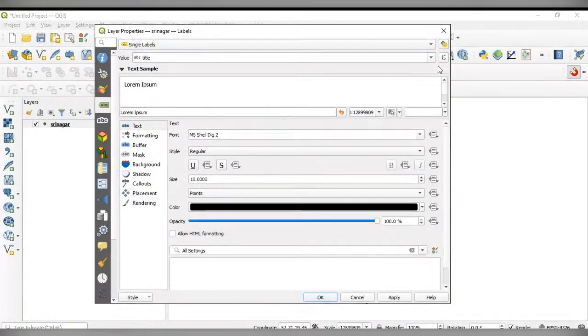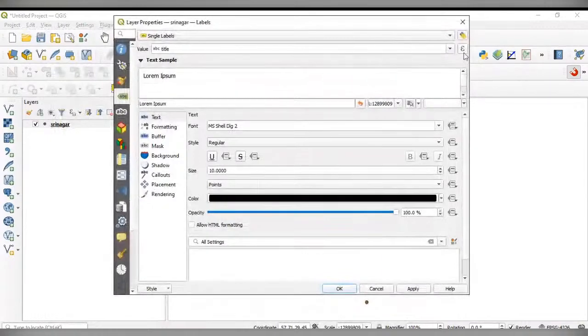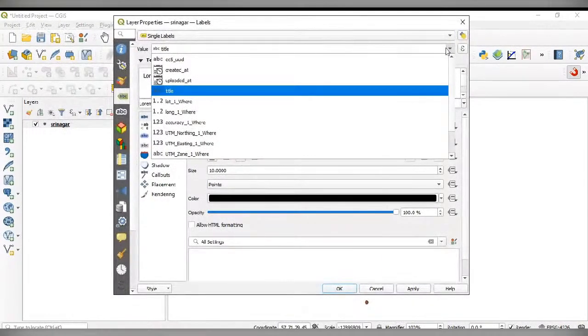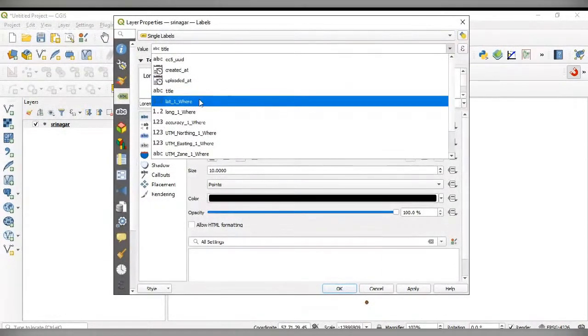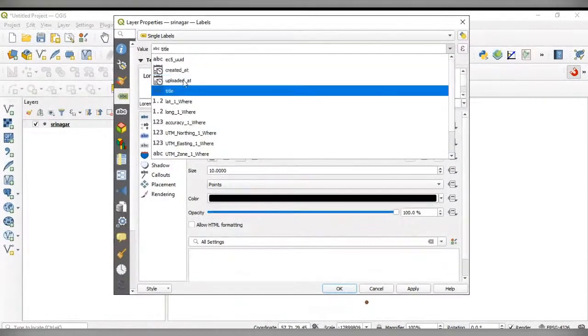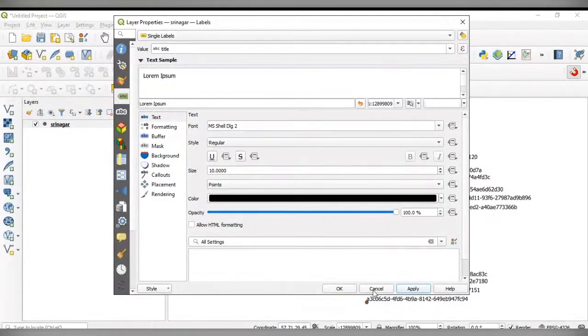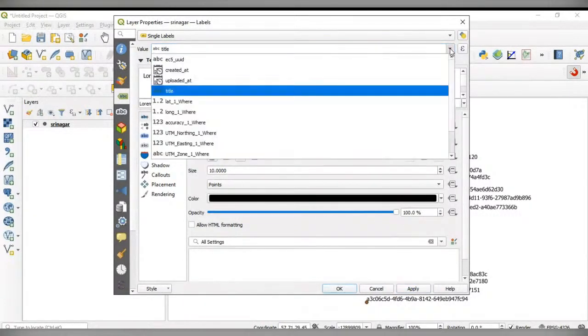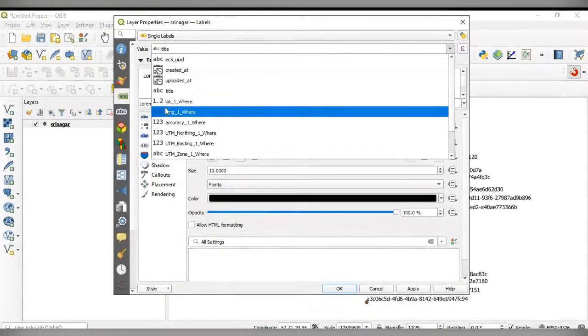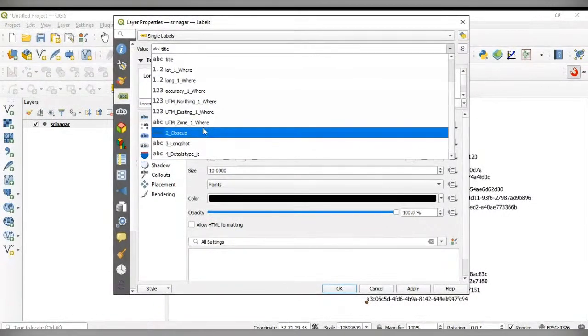So title. So any specific thing is there?